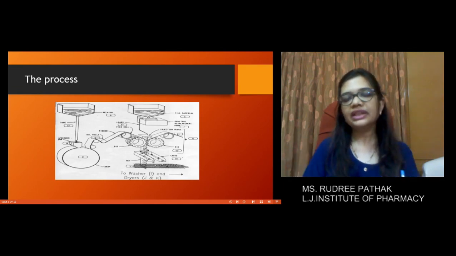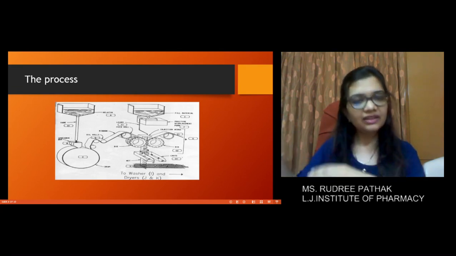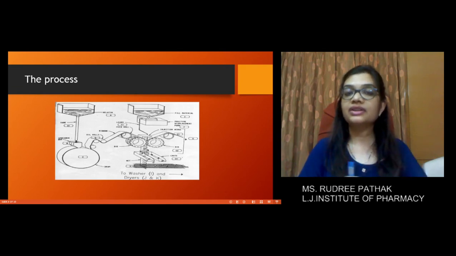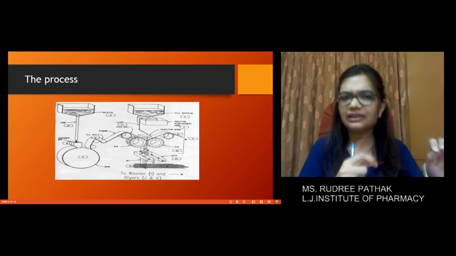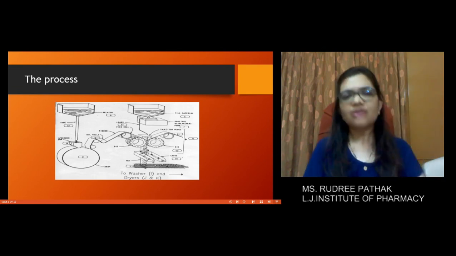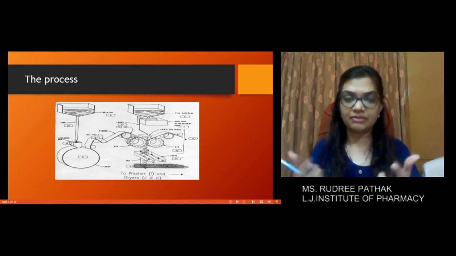This is how the overall experimentation will look, the equipment will look like. As you can see, from the tank the gelatin mixture is coming, it is going over the rollers, and it is converted into gelatin ribbons, very thin. It depends on the kind of capsule that you want to manufacture, whether it is thin or thick. Sometimes the product may need some kind of protective measures, so the gelatin ribbon can be thicker.